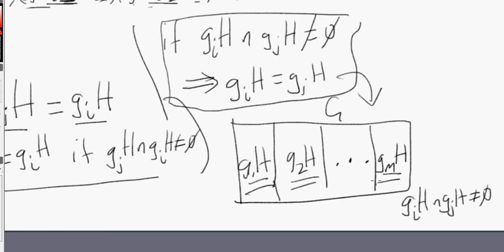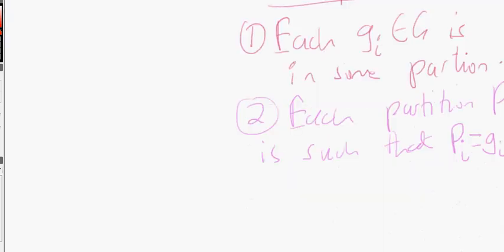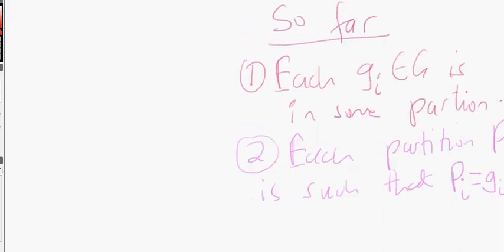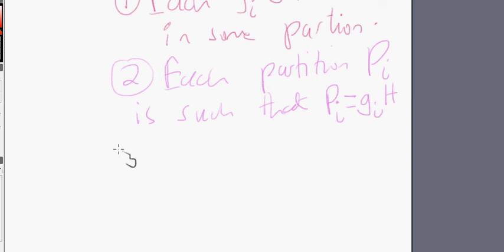And if we can do that, then we'll probably be able to add that to our list over here. Remember, we'd come up with a list of properties. We'd said that if we can establish that each GI is in some partition, and each partition is a coset, and if we can also establish that for any two partitions, PI intersect PJ is empty,